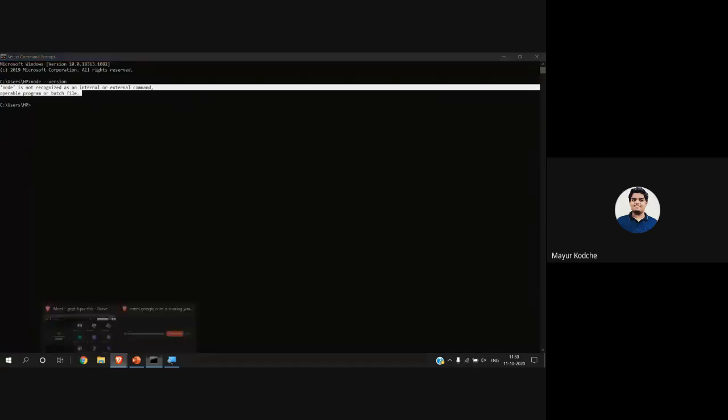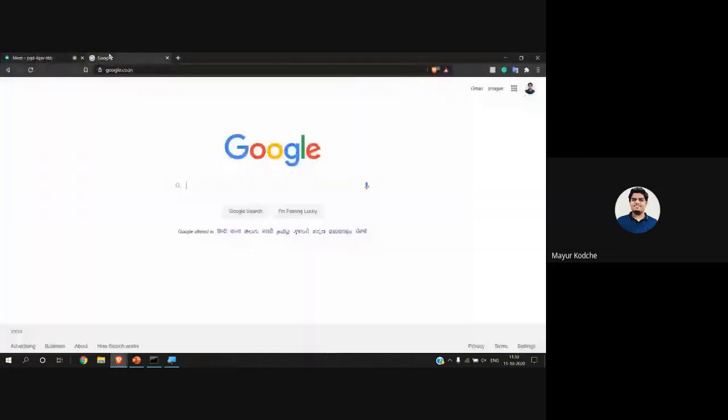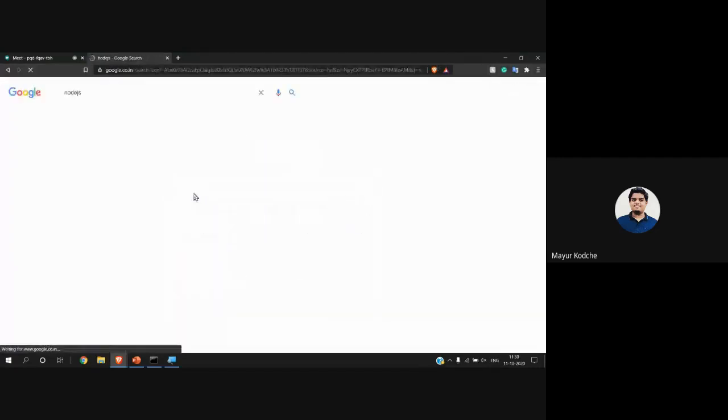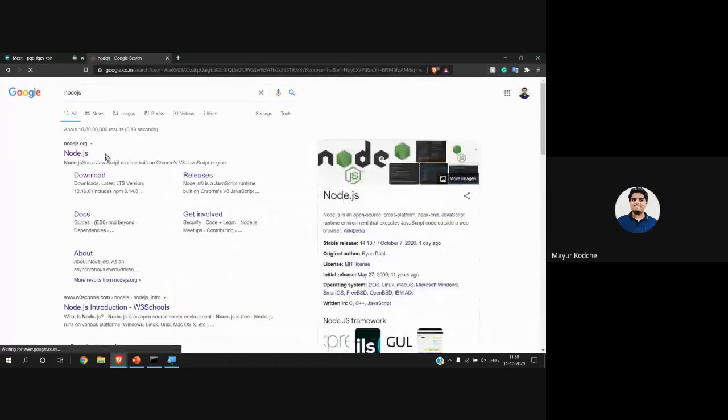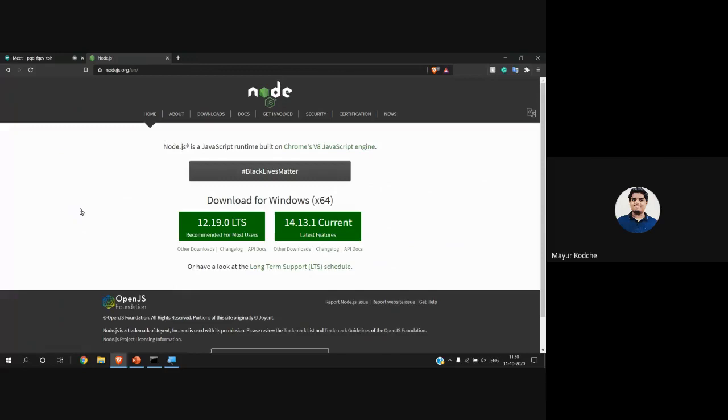So go to your favorite browser and search for Node.js. And then click on the first link, that is nodejs.org. Then here you will see that there are two versions, and it will automatically detect your system, whether it is Windows or Linux or whatever.